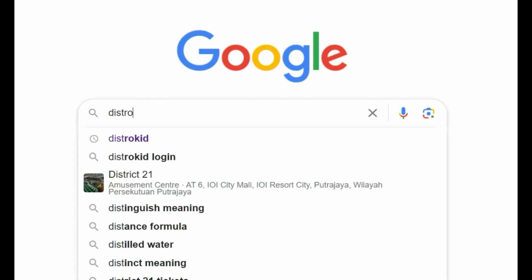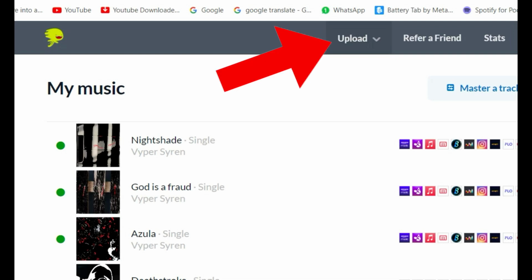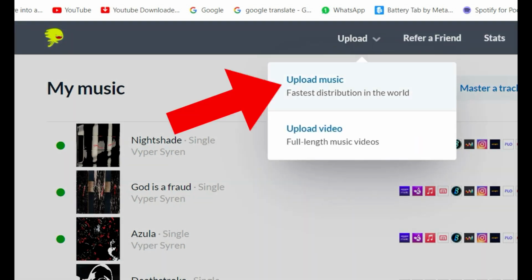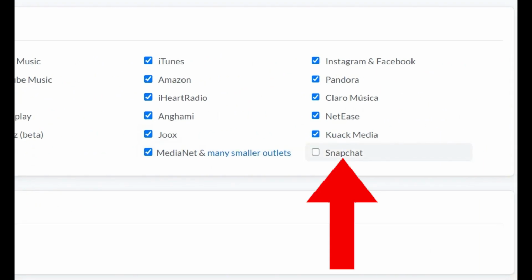Go to Google and type DistroKid. Then click on the website. Now you're at DistroKid. Go to the top and click Upload, then click Upload Music. So now you're here and you just go to the right side and click on Snapchat, because why wouldn't you